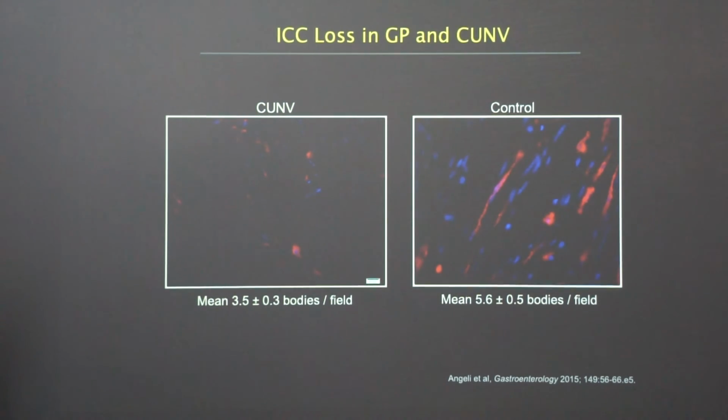That's important because these ICC networks are in 3 dimensions and have long finger-like extensions, that when you segment them in 2-dimensional space, you can end up counting multiple islands of what appear to be ICCs that are actually linked or extending from the same ICC body. So we're careful here to count only the ICC bodies,